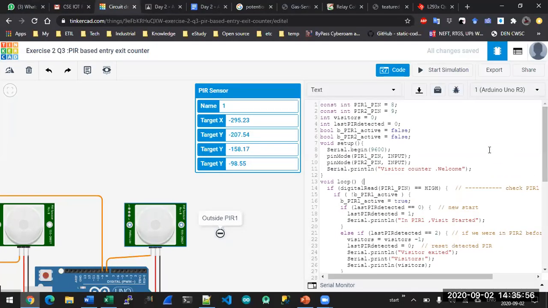Rajit sir, yes sir. Can you show the simulation for simultaneously one is entering and one is leaving? Okay. Actually, from the mouse pointer, I cannot move both the pointers simultaneously. But yes, imagine one is entering and the other one is leaving first time. Yeah, I know what you are saying, that can create a problem of what it will be detected, whether it detects as entering or exit. Okay, so we are just considering it as a door where only one person at a time can enter or exit. Okay.